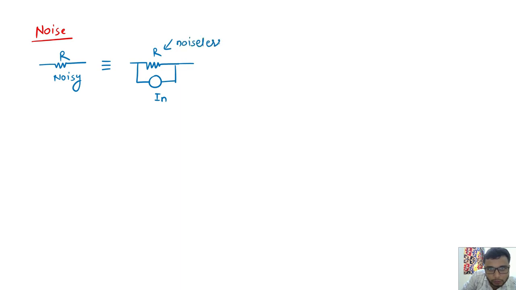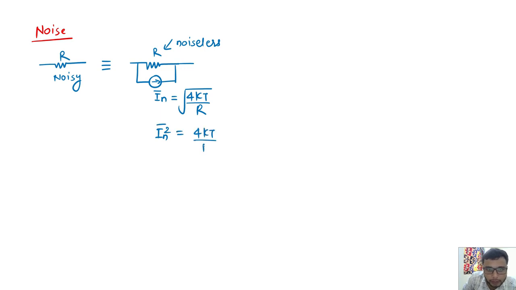This noise current source is averaged out, and it can be written as the square root of 4kT by R, or the mean square value of this noise current can be written as